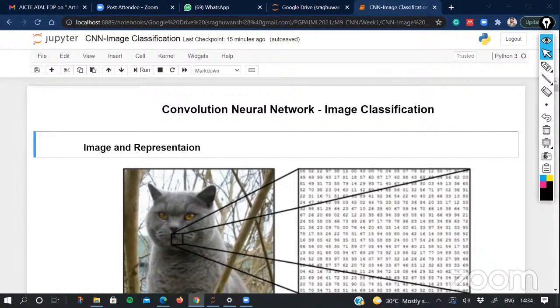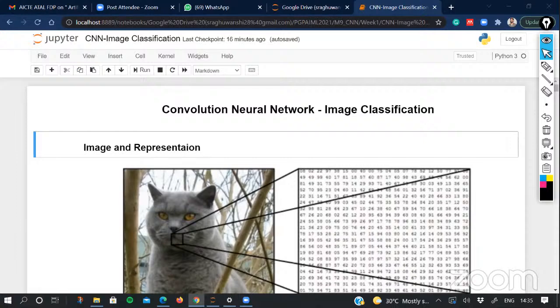So in today's session, we'll talk about what is an image, how it is represented in computers, and what are the challenges of fully connected or dense networks. So we cannot use these fully connected networks to do image classification, and then the solution comes in the way of convolution neural networks. So we'll try to understand various building blocks of convolution neural network, and at the same time, we'll try to implement all these concepts using Python, where we'll try to solve one image classification problem, flower classification, as we will see later on.